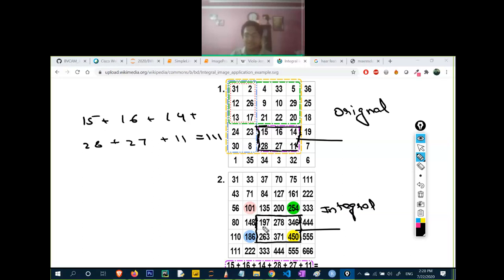Take the top left value, that is 101. Pick this. Add the value at the bottom right, 450, minus 254, the value at the top right, and subtract the value at the bottom left, 186. The answer will be 111.